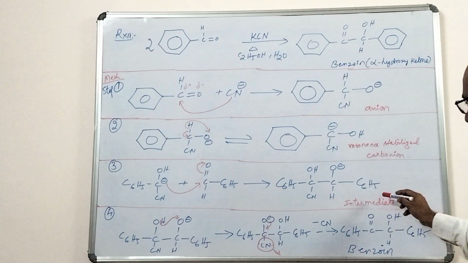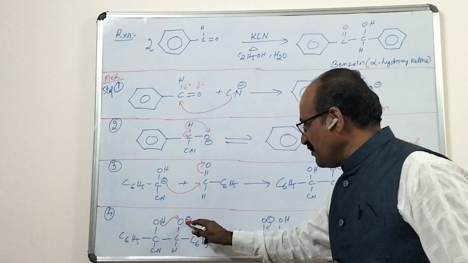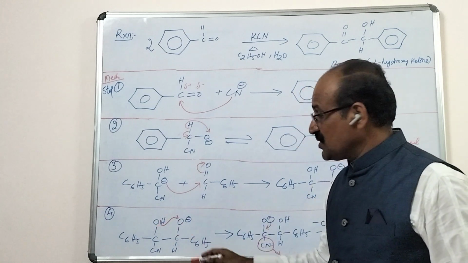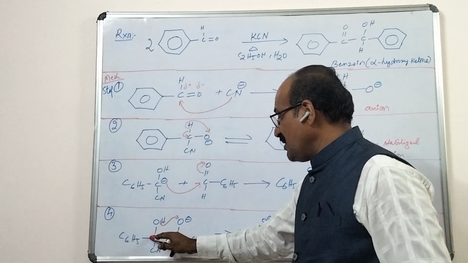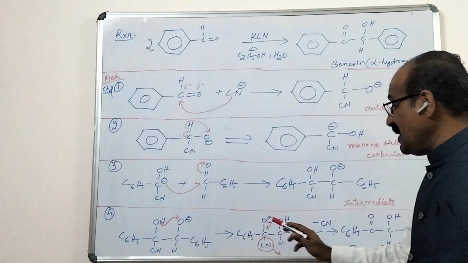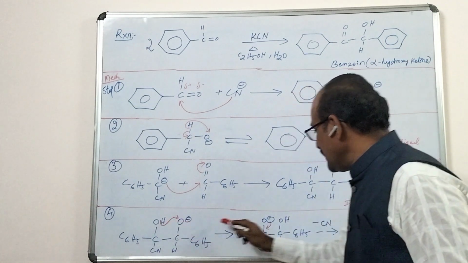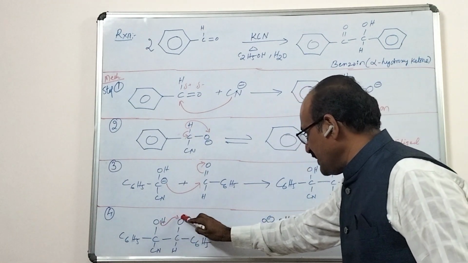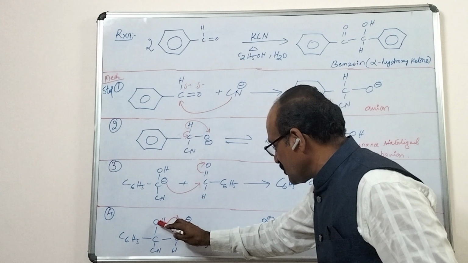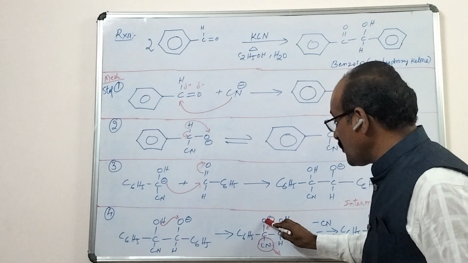Okay. Now, in the fourth step, this anion will try to stabilize or migrate to the OH group. So, the OH group will be migrated from one carbon to the other carbon. So, here it is present now, that will be migrated here. That migration will be accomplished by the abstraction of the cyanide. Okay. So, a proton will be abstracted to this, so that it will form an OH, and when the bond between the oxygen and hydrogen is heterolytically divided, leaving the shared electron pair there itself, hence it forms a